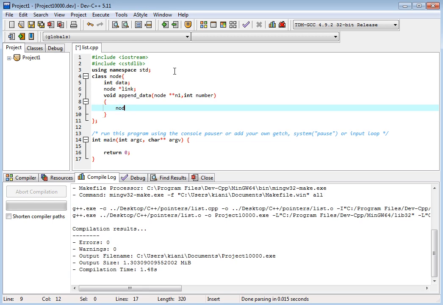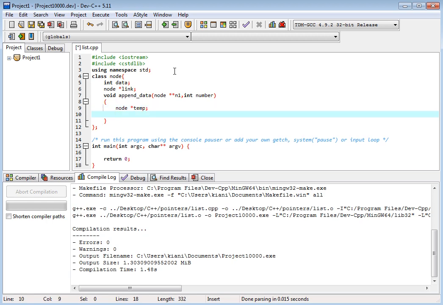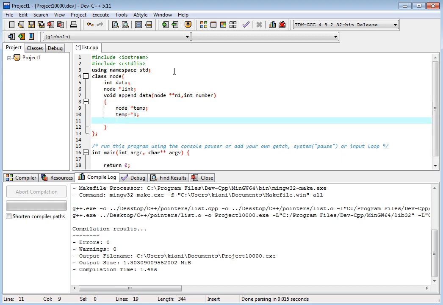Inside it we have a temporary variable, a pointer to node, and we assign its address to temp.